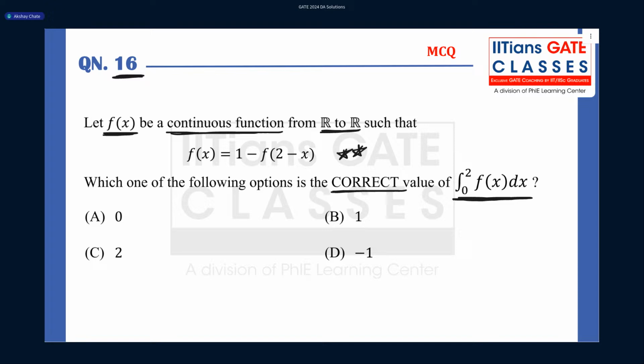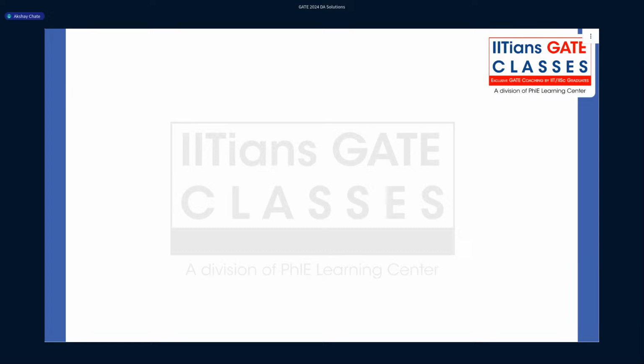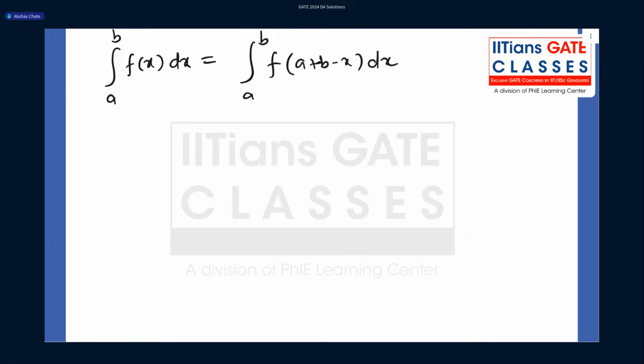Now there is a special property of definite integrals that you need to use here. What it says is, if you have limits a to b and a continuous function that is integrable in these limits, then the integral of f of x dx will be equal to the integral of f of a plus b minus x dx. This is the property of definite integrals, and I think you might have studied them in +2 or somewhere there. By that logic, we put a equal to 0, b equal to 2, because those are the limits in our question. So then it becomes the integral from 0 to 2 of f of x dx equal to